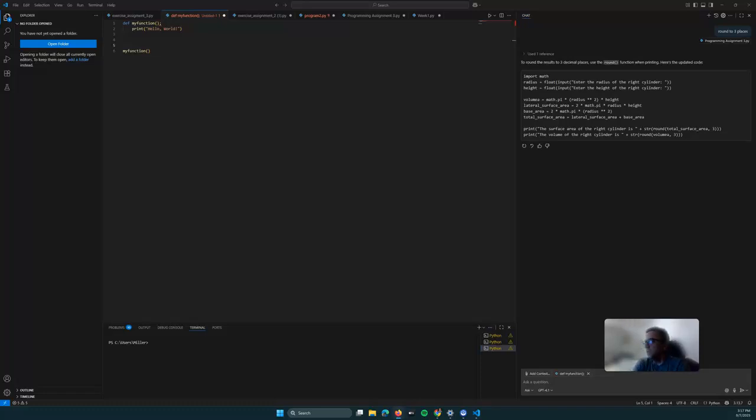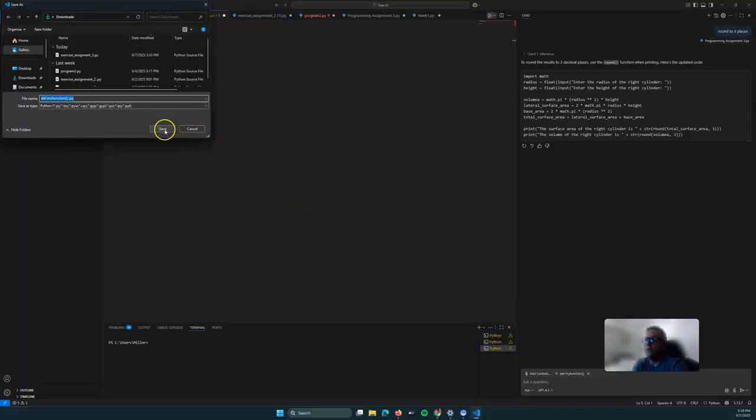A function is a block of code that only runs when I call it. I can create this block of code, my function, and it is repeated code that instead of having to rewrite it a bunch of times, I could create a function that I could just call, and every time I call the function, that set of commands will go through. For example, in this case, it says my function. So if I run it,